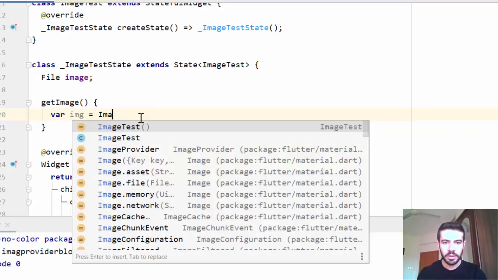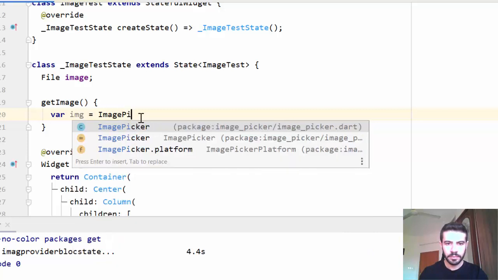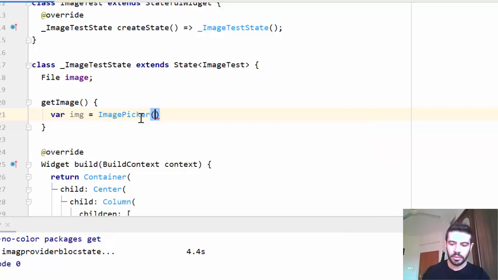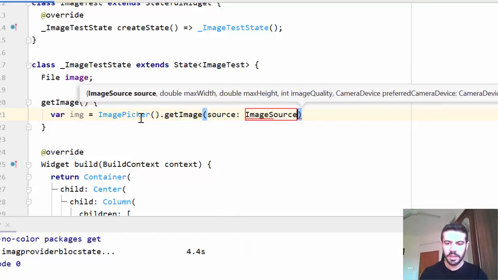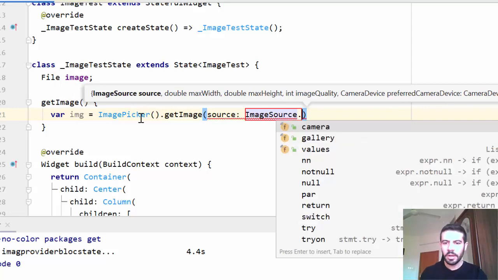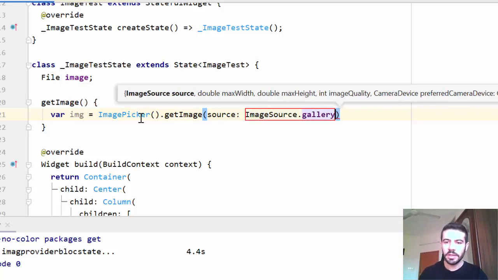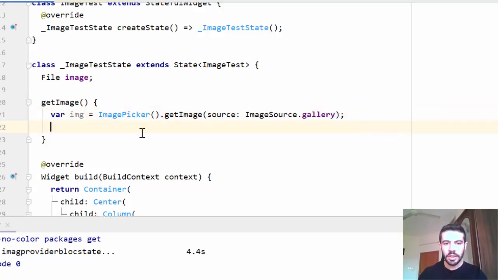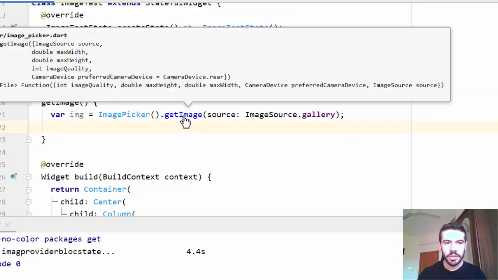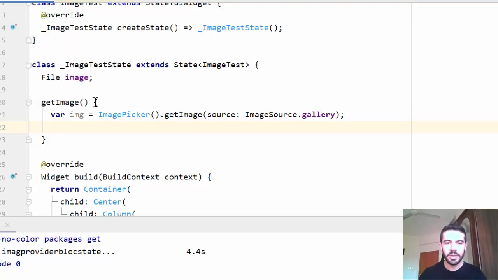I can add var img, for example, equal ImagePicker.getImage, and the source will be ImageSource, dot maybe from camera or from gallery, as you want. Maybe I just create from gallery, like this. This will return what? If you check this getImage, it returns something called PickedFile, which is a Future. So here I need to add Future, so I add async and here add await